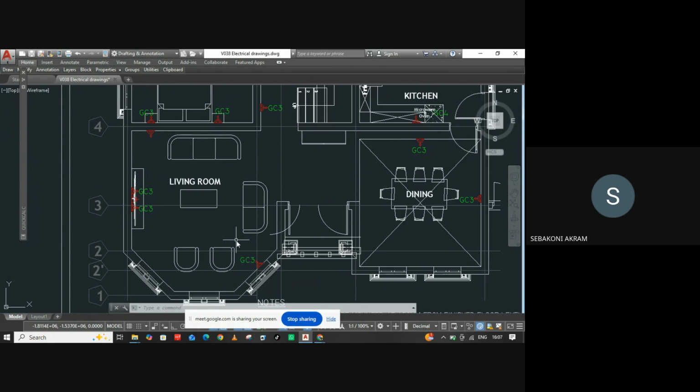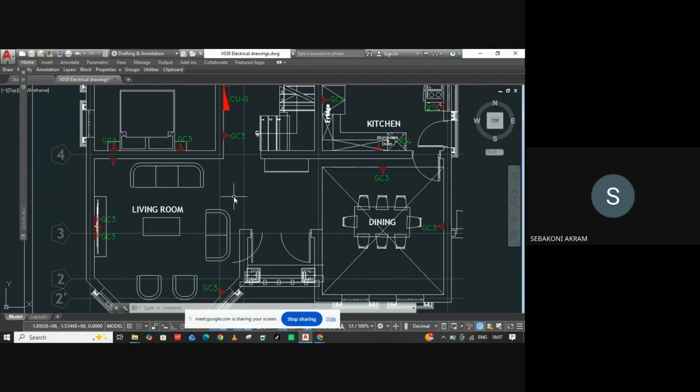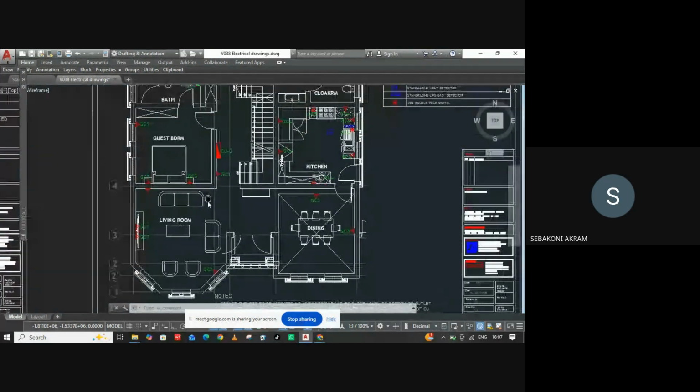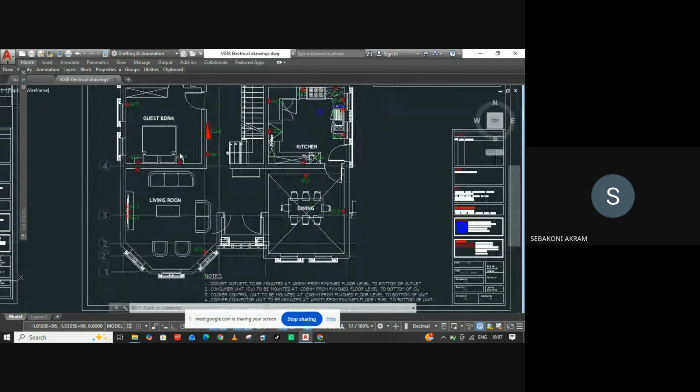Maybe you're using a laptop at this position when you're seated here, so you might have a socket here or on this side. You can have one here or here, but I don't expect you to put one here and then here. You can also have one here. So as I've told you, it is really down to the customer's desires, and you can design your initial layout, but remember you will have to adjust